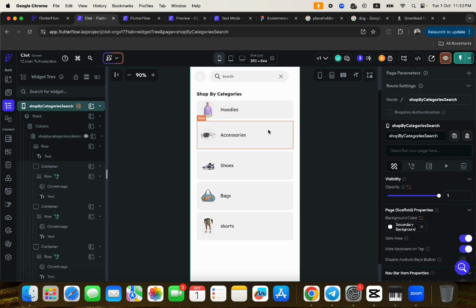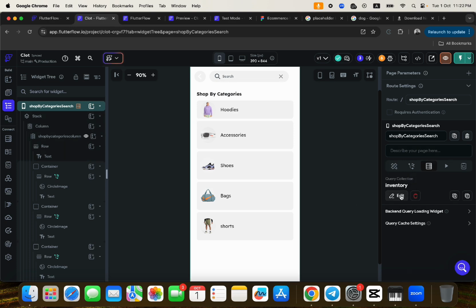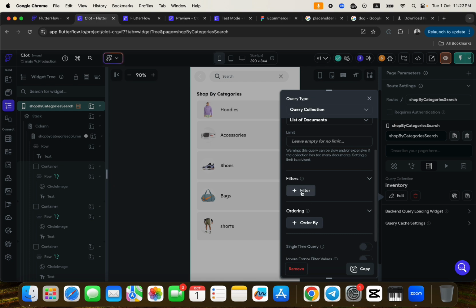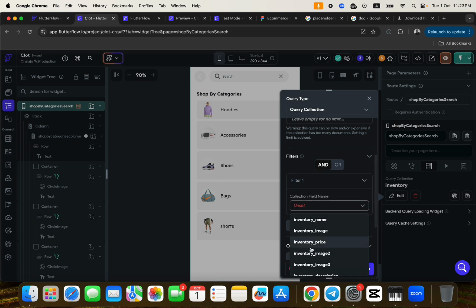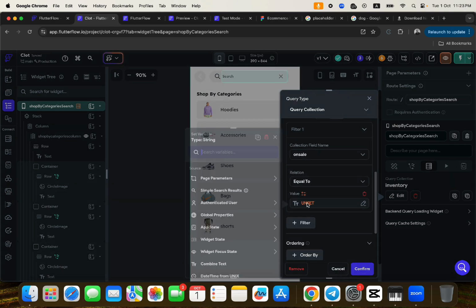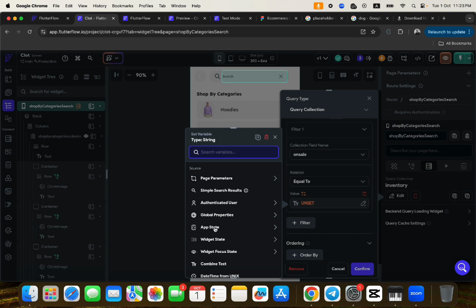All right, I want to just try this scenario. This is where we queried the entire inventory. All right, and this is where we can add some filters. So if we come here now, by default, let's just add some filter, this one and this one. We're going to be using and. All right, so I'm going to say the on sale must be equal to the on sale is going to be equal to the